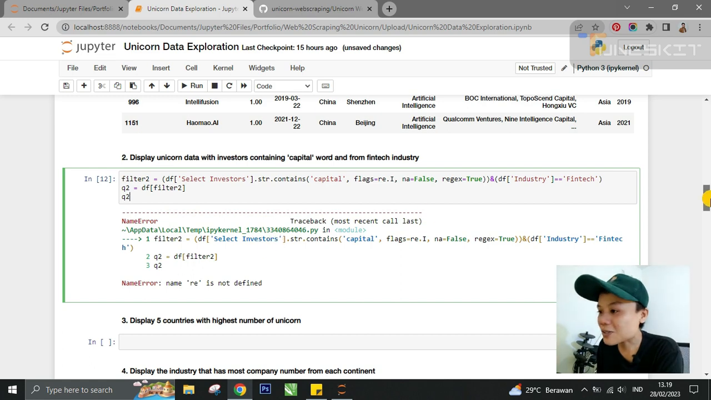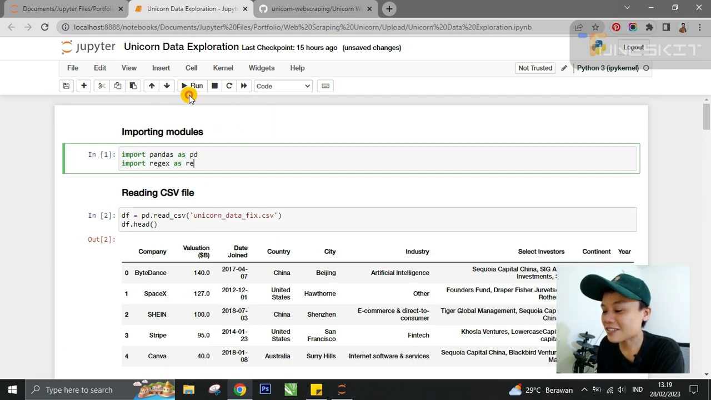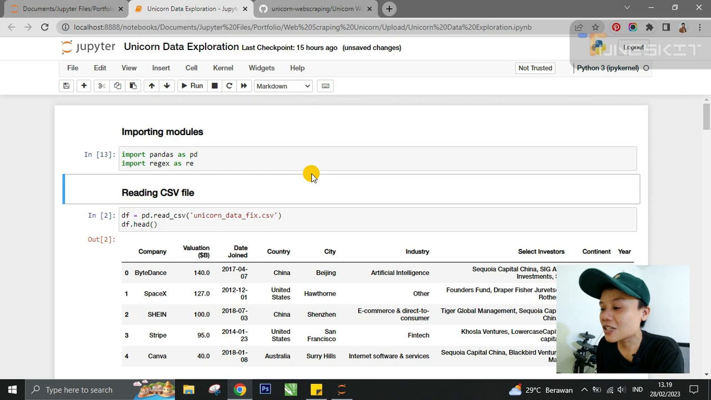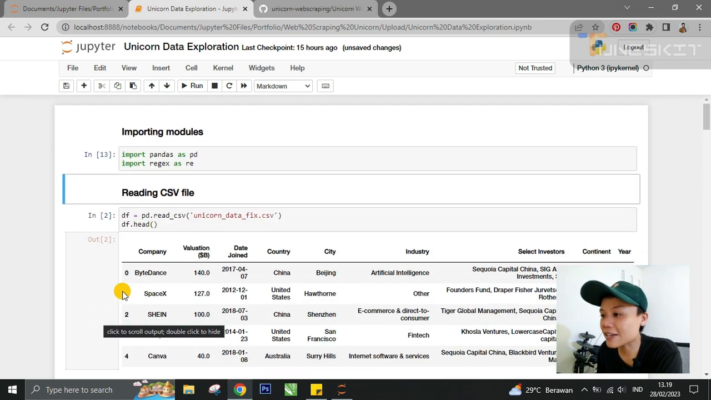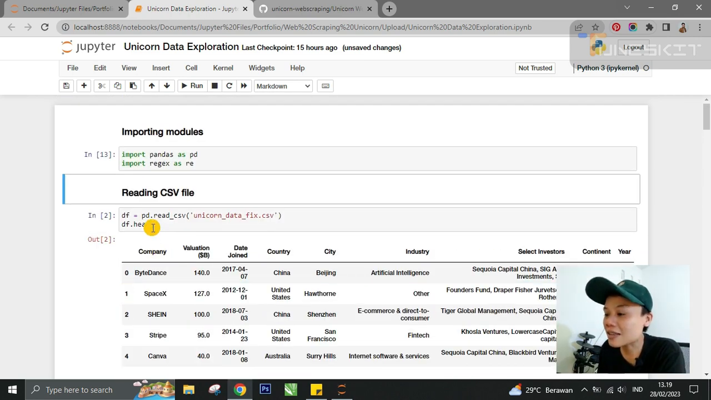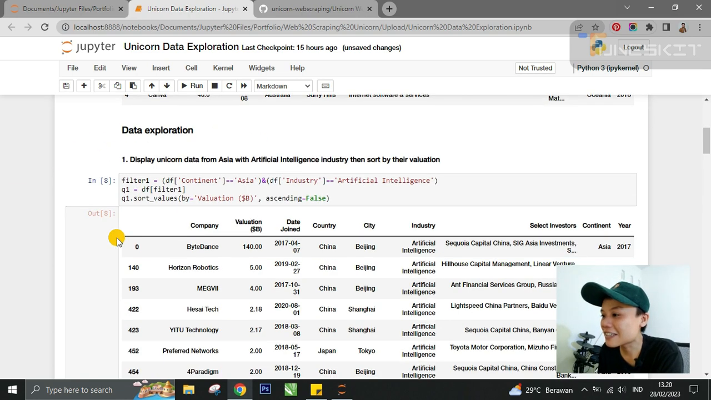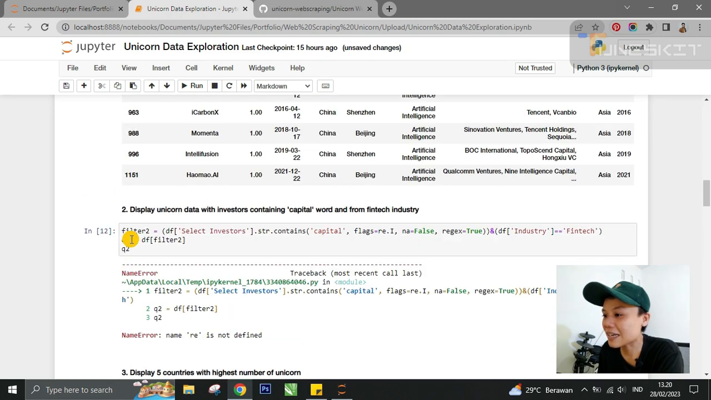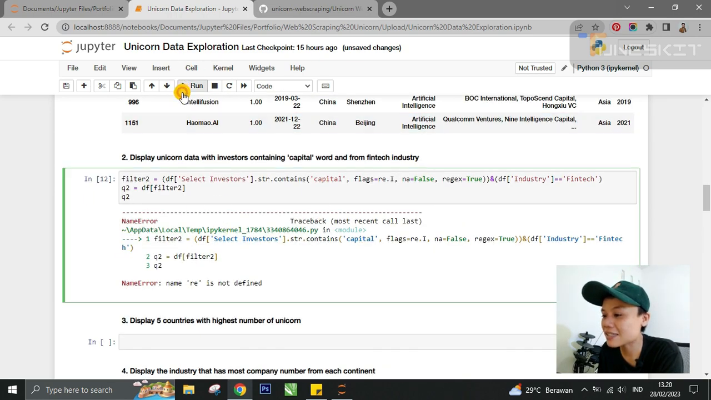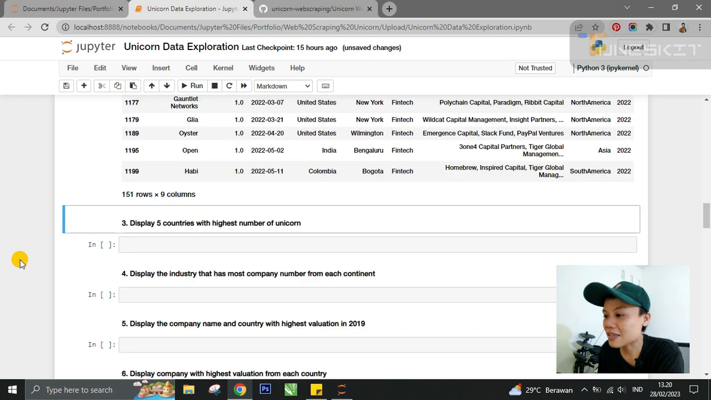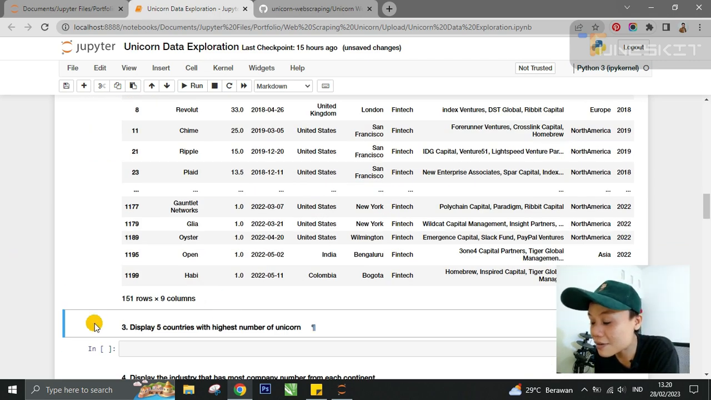Oh, we need to execute this first. So don't forget, after adding the code in the line in Jupyter Notebook, we have to always run it first to make it usable. Okay, run, and we got it. We have 151 rows here